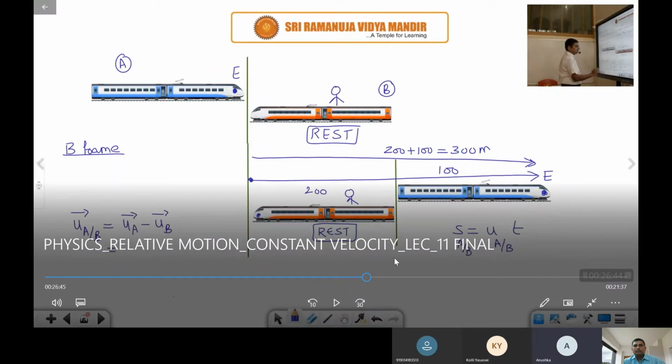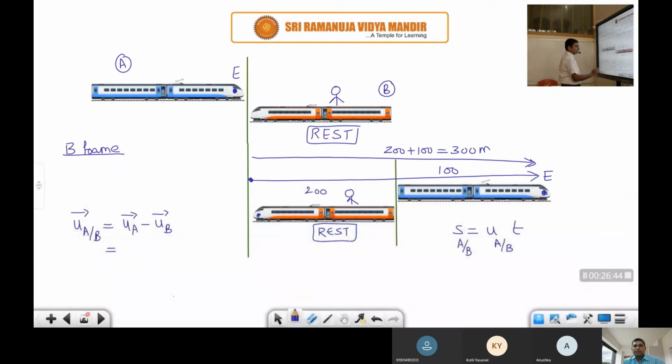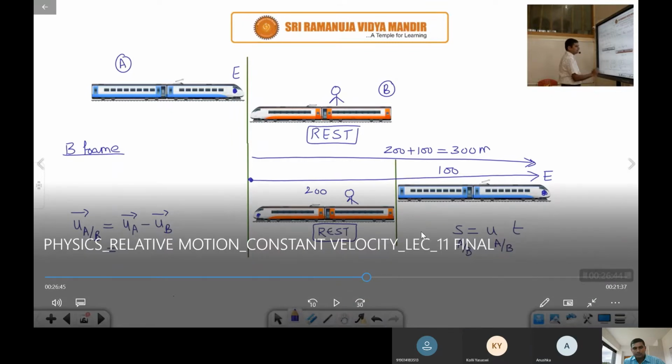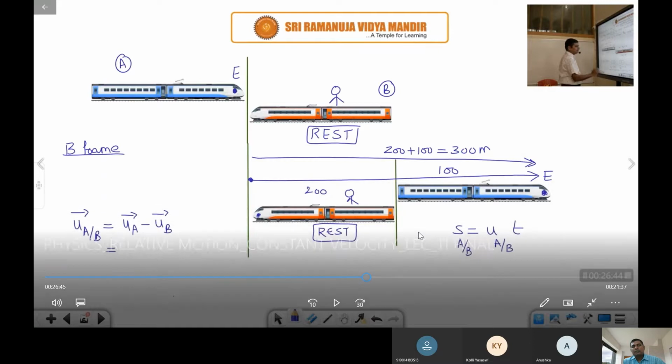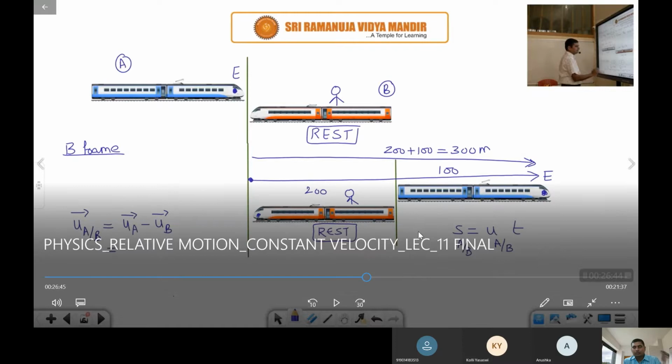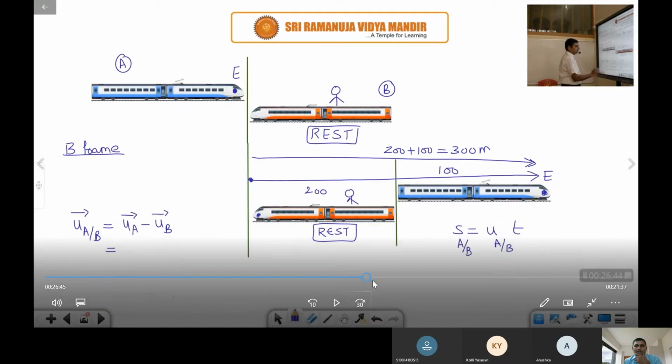So the only equation which we can apply here is what? S equal to UT. Always remember, in this entire model, we have only one equation, S equal to UT. Whether it is trains crossing each other, or river-man problems, or rain umbrella problems, or aeroplane wind problems, only one equation, S equal to UT. Because acceleration is 0, and the remaining equations are not valid. Just now you proved it, correct or not? V equal to... V square equal to U square only you will get. So only one equation is valid.